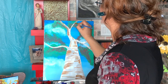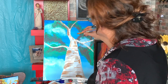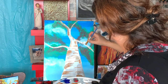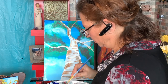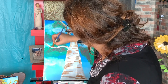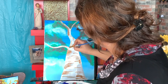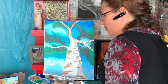Okay, so I'll do some here. Awesome. So I'm happy enough. If I had all day, I could spend all day adding a little bit more here, a little bit more there. But for today,